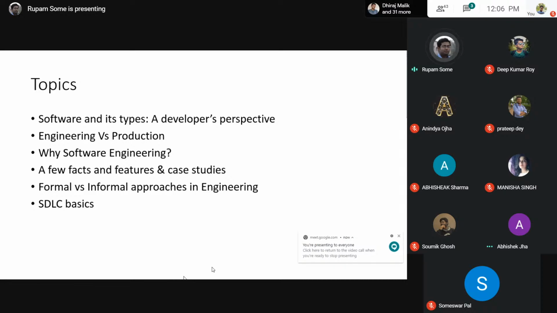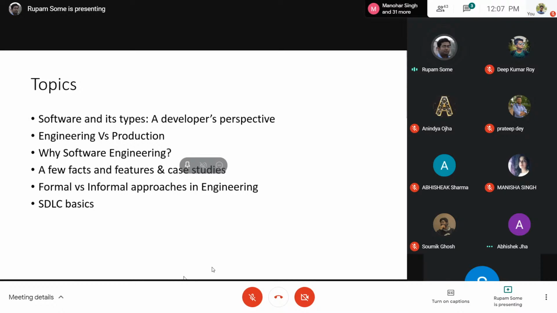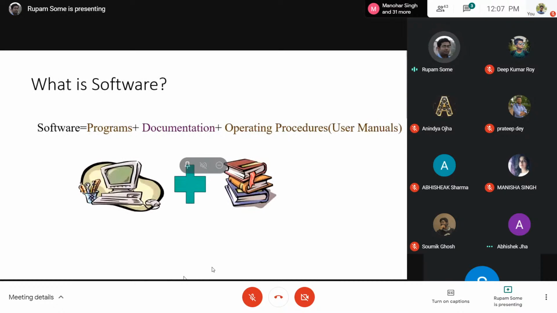Okay, so the topics that I'm going to cover today, these are the basic topics that I'll be covering. I do have one other agenda apart from the topics mentioned here. I do have the basic introduction to software process model. Intentionally, I didn't mention it because I do not know whether we will have sufficient time to cover this or not. So let me start with software and its types. It's a basic thing, as you all know that software is basically the logical part of any system. So if you have to deal with the hardware that you have,